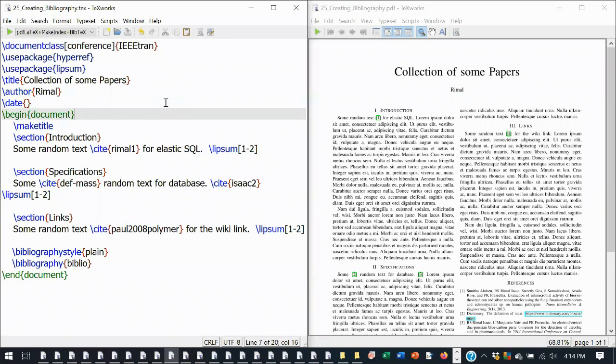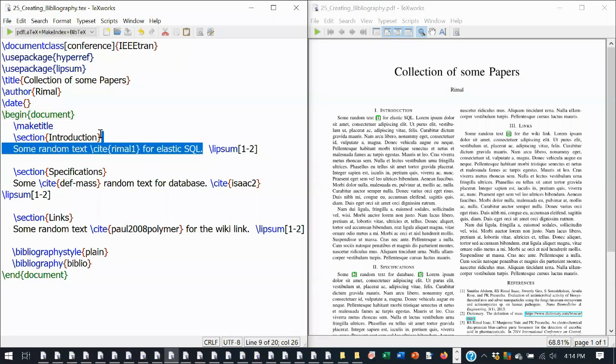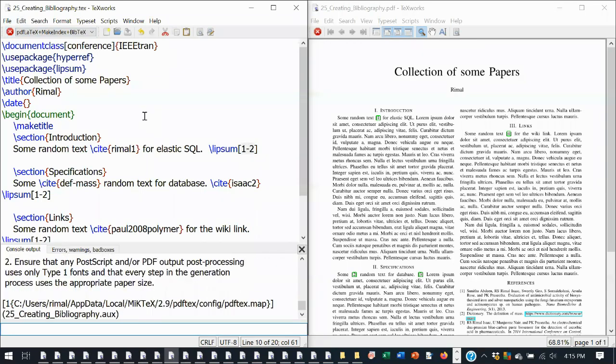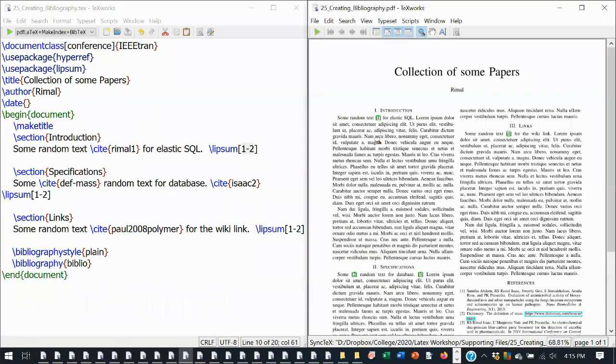You see here I have typed in this document, you see on your screen some random text. I have typed only these two things. But if I give this slash lipsum 1 to 2, it will create two paragraphs with some random text. See the output. It creates one paragraph and two paragraphs.